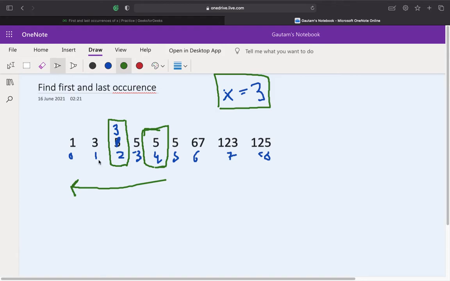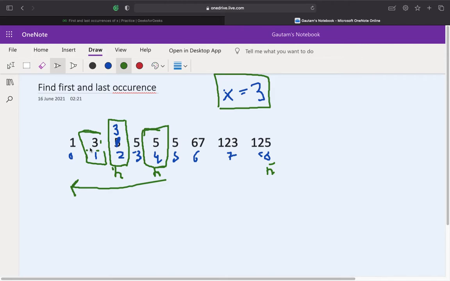Now again we'll go to the middle element. For the next iteration, we'll reduce the high. Earlier high was this, in the next iteration it reduced to this, and now it is this, right? So 0 plus 2 divided by 2, mid is 1. Now we'll check if ARR of mid equals 3.